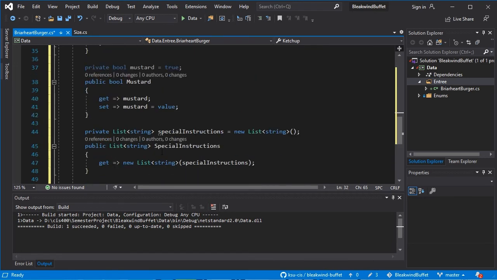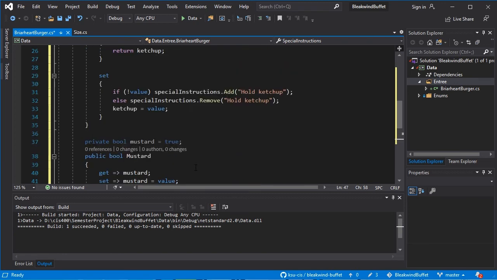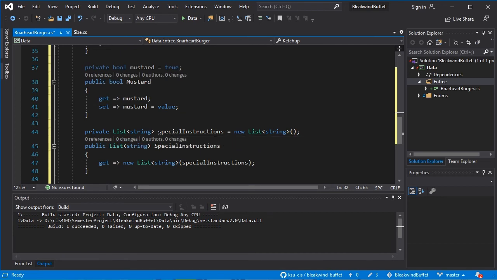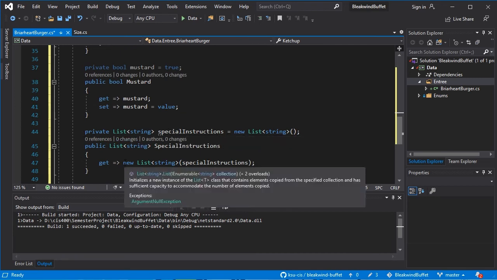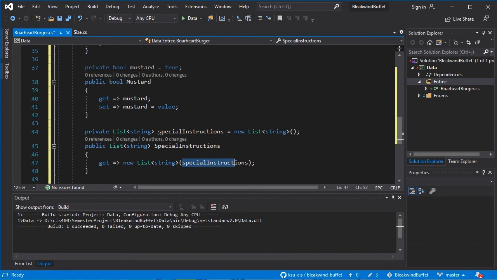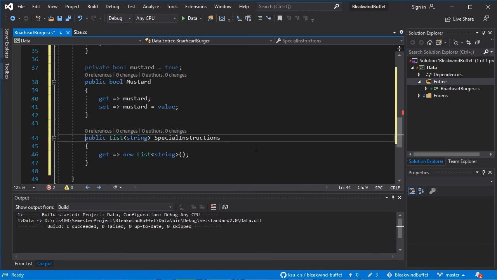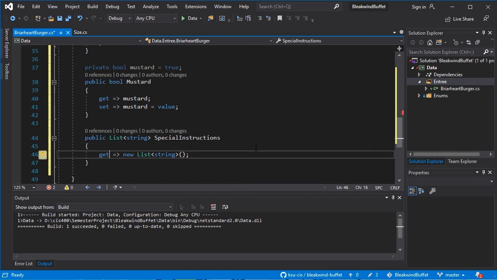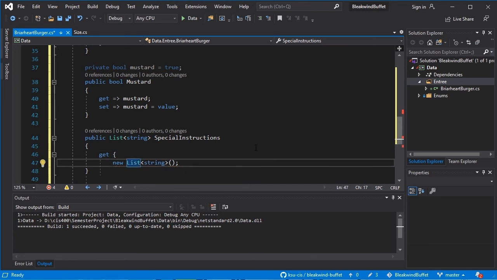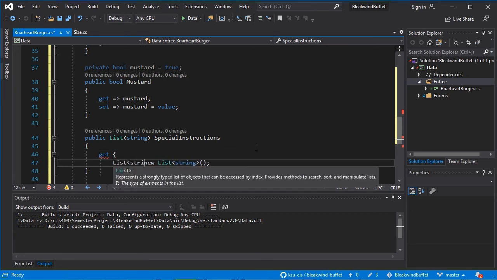If we do this style, we need to think about that reference type and giving a new list, and we have to add this kind of logic to our setter. The other way we can do it is we could actually generate the list right at that point in time. So rather than using this private list, we could just go ahead and say for our getter, and here we are going to want a bit of a loop, so we'll do a list string,